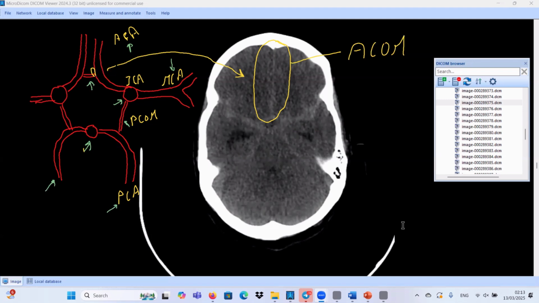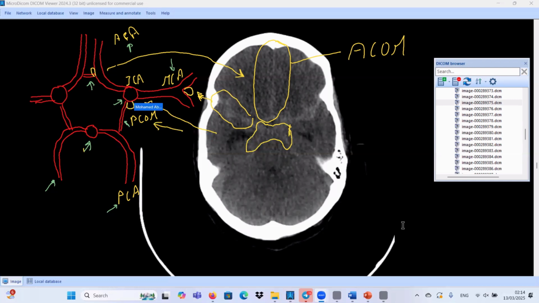If the subarachnoid hemorrhage is more condensed along the Sylvian fissures, we will think of an aneurysm at the bifurcation or trifurcation of the middle cerebral artery. If we have the subarachnoid hemorrhage at the base of the cisterns, we will think of three sites: an aneurysm at the tip of the internal carotid artery, or PCOM